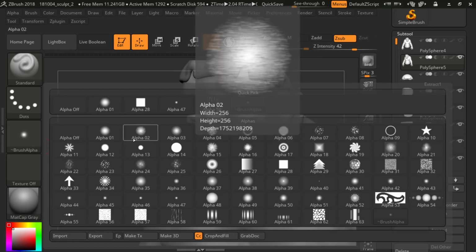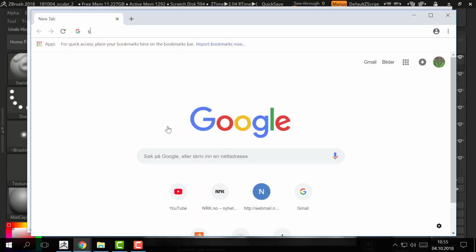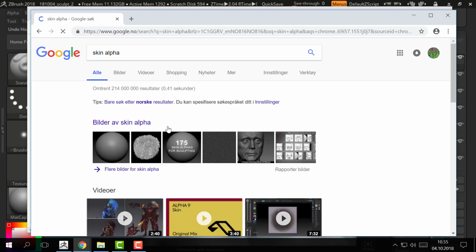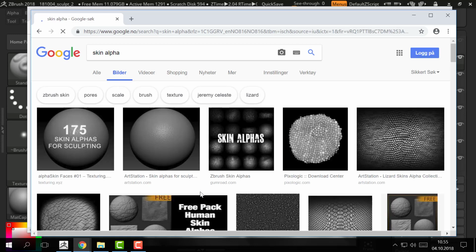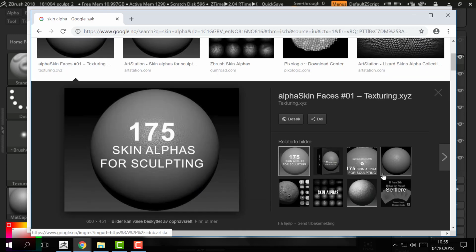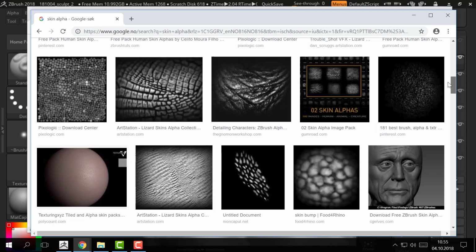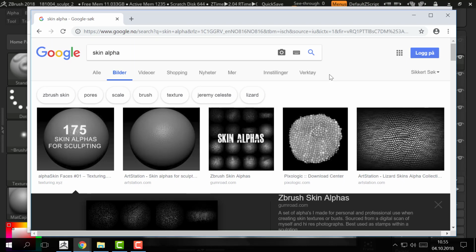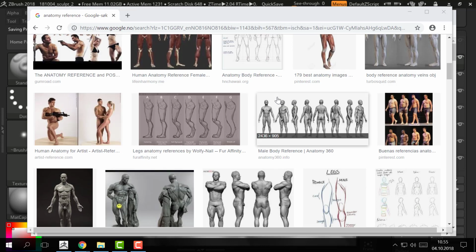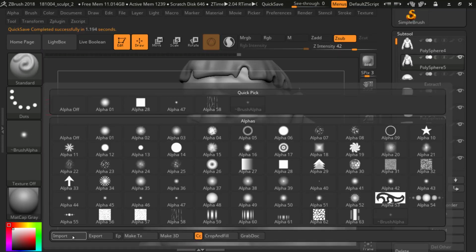We can also search, like, skin alpha, 175 skin alphas for sculpting. Okay, so there are all these alpha libraries where people have made interesting alphas based on pores, so you could look into that. But sort of how that would work, typically you just import an alpha,